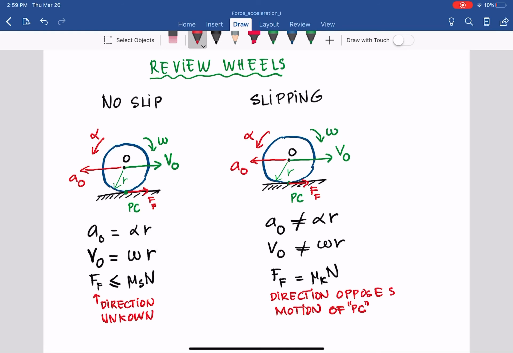And you don't have acceleration at the center equal to alpha R. You also don't have velocity at the center of the wheel equal to omega R. With that, move to problem